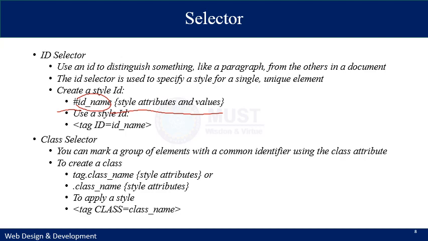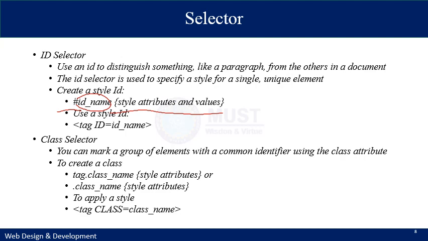Similarly, you can specify a class selector. In this way, you can mark a group of elements with a common identifier using the class attribute. To create a class, you just have to name the class with a dot operator, and you can apply this class to any element. So there are two ways to create a class. One is referred to as tag.class. It will be applied to tags with the class attribute, and the other is